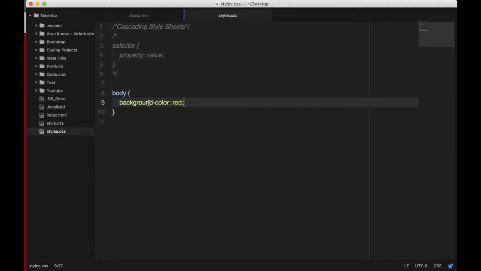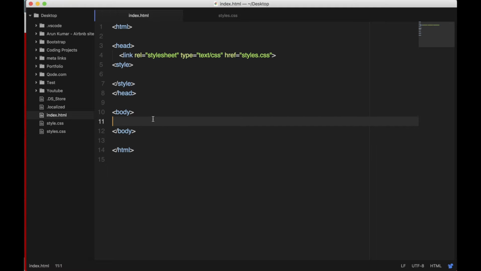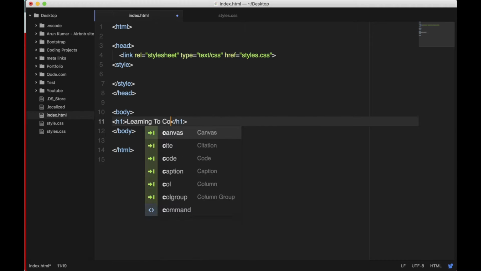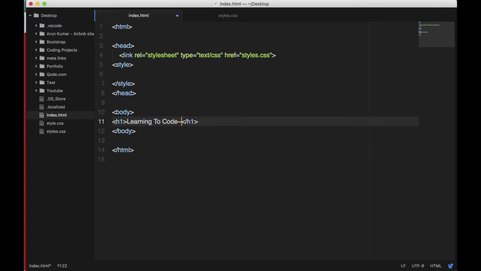and let's just learn about a couple different properties and what we can do, and let's just have some things to style. So over here, let's add a simple heading like we did. I think we showed how to do headings, and we'll just say learning to code. If I can get that, there we go. And then we'll have a paragraph,